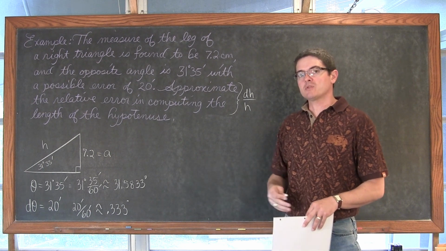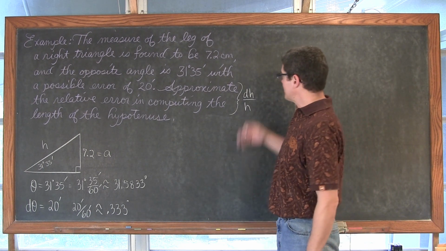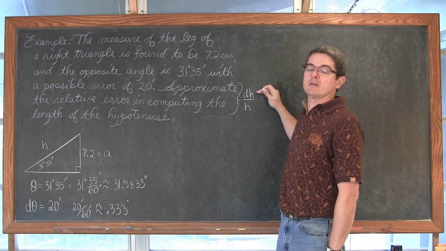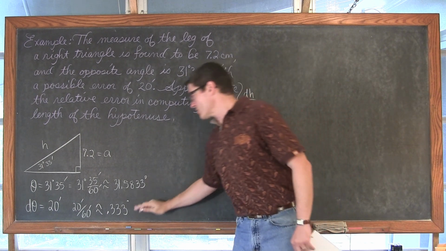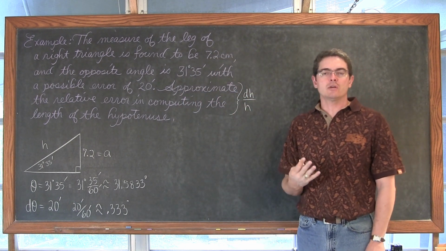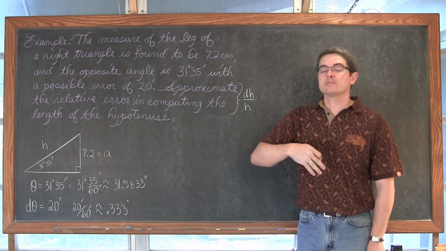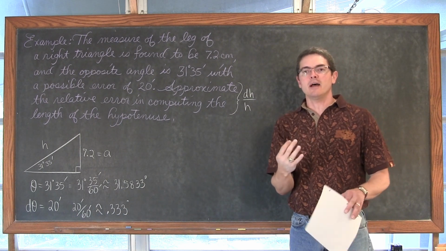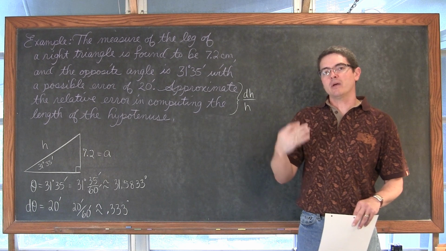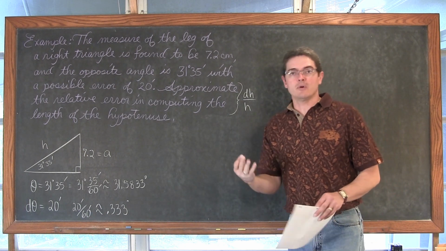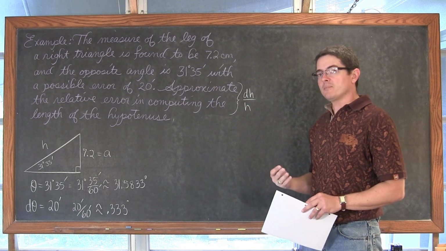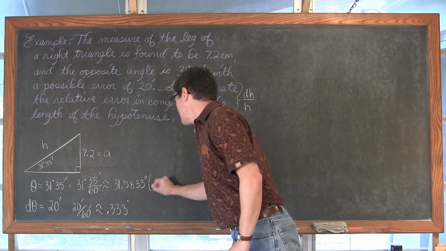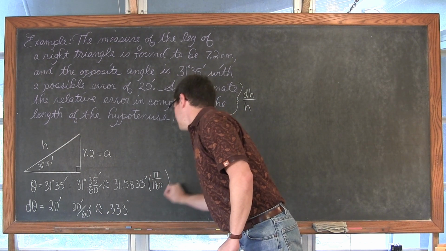Now, if you work out this problem in terms of degrees, your estimation of the propagated error in the hypotenuse is going to be almost the entire length of the hypotenuse. We need to convert these degrees into radians. Now radians, remember, is a ratio basically of the circumference and the diameter, or it's the number of radiuses it takes in a circle to get, say, halfway around that circle. So there is some kind of idea of length built into the rotational measurement that's radians, another way of measuring rotation. So because of that, we need to get these degree measures converted into radians. So we're going to multiply each of these by pi over 180.